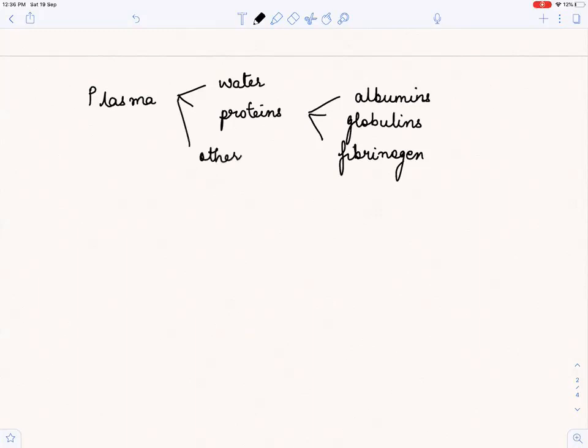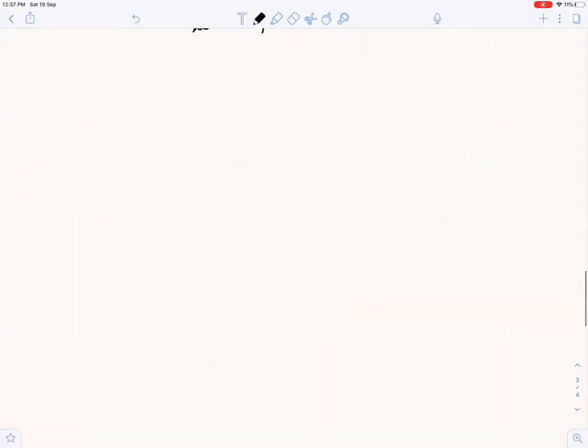And there are many other things. What are these other things? They are electrolytes. Remember, sodium, potassium, calcium, nutrients. Many nutrients are being carried, gases, and waste products. Okay, so all these things are being carried by blood and plasma. Now let us see few characteristics of blood before we go to blood groups. This is just very basic that we are still doing. So let us see something about the characteristics of blood.